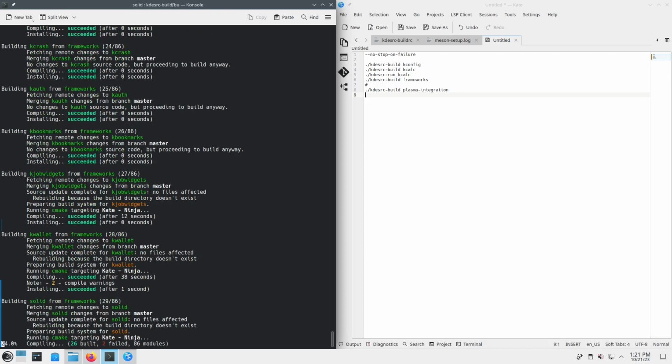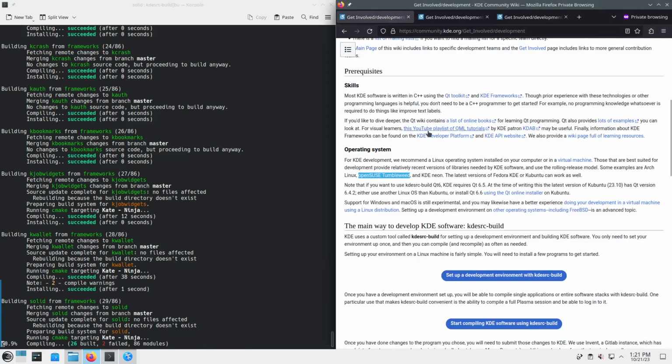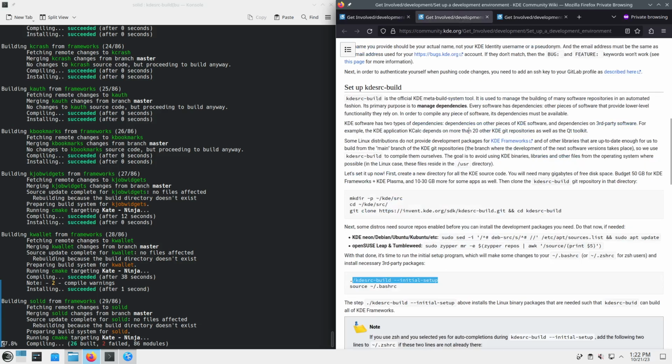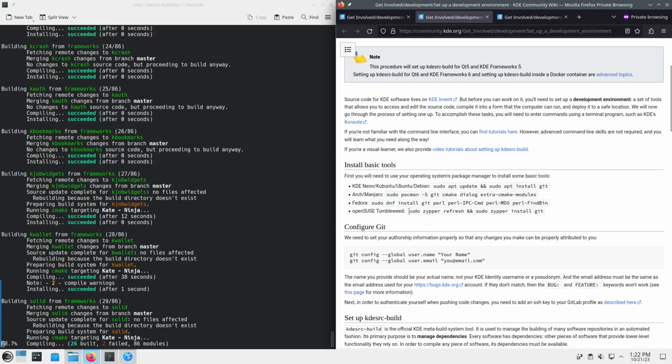And when you install openSUSE Tumbleweed in your virtual machine, you select the first option there, the first radio button, which is KDE Plasma Desktop, because it's important to be inside of the KDE Plasma Desktop when you use kdesrc-build. And then I have set up, installed kdesrc-build following the procedure. So from kde.org, you go to get involved and development, then set up a development environment with kdesrc-build, gets you to this page, and then I have run the things that are relevant to openSUSE Tumbleweed, this thing,